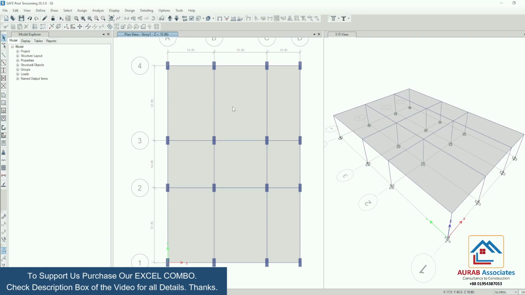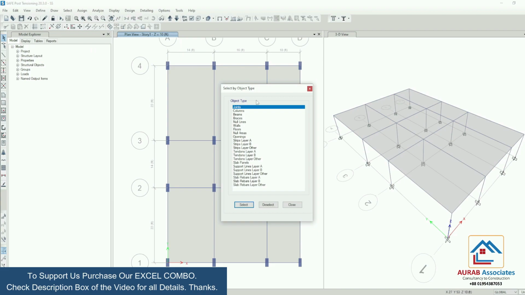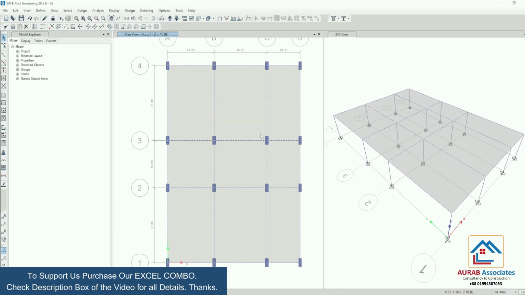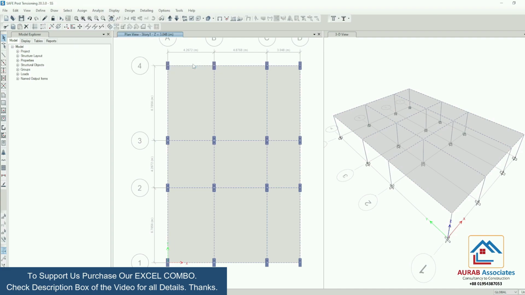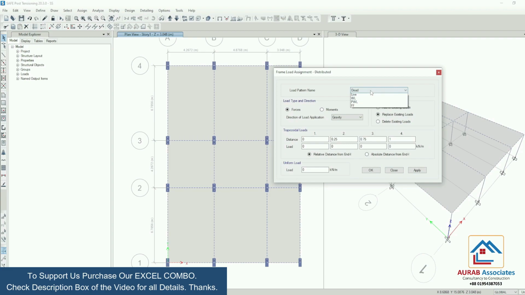Now select all beams, select object type, beams, select close. Here we will assign wall load. So go at first change the unit, go to assign frame load distributed, wall load.